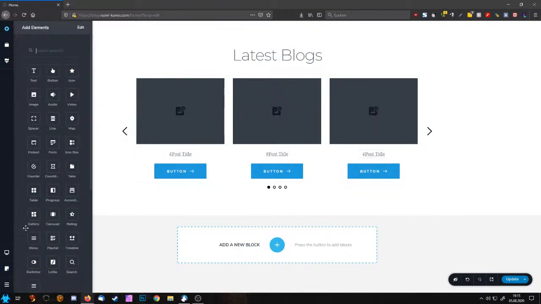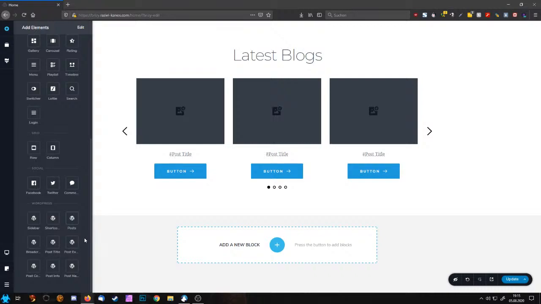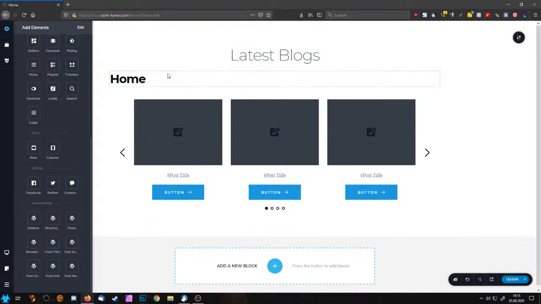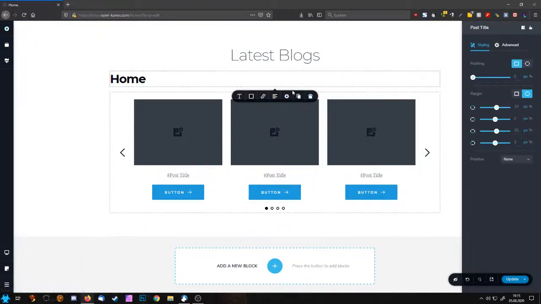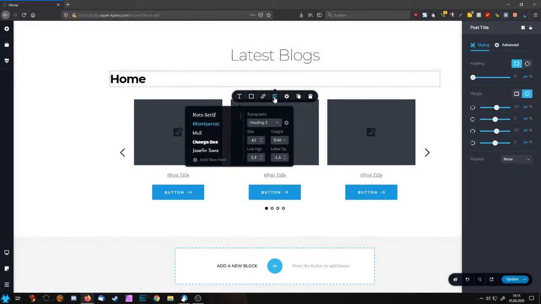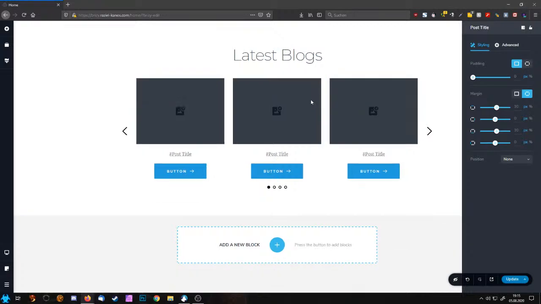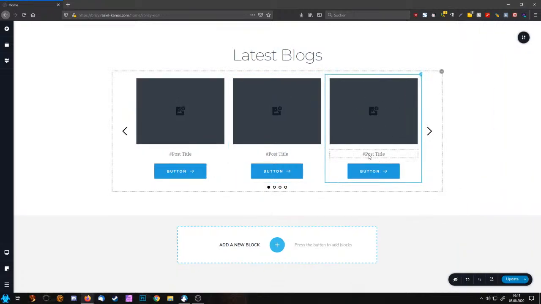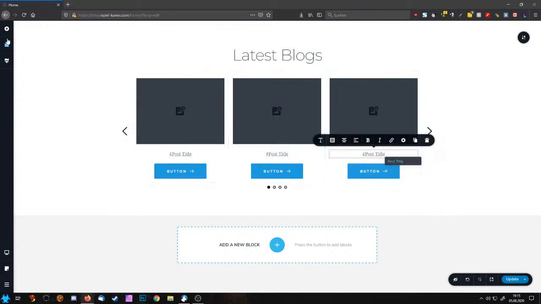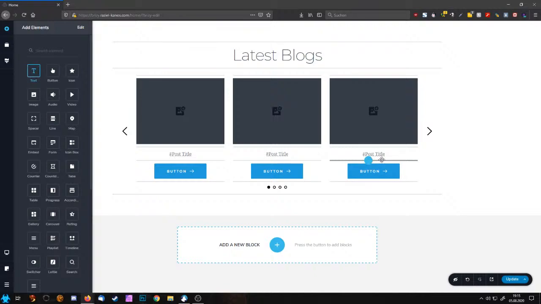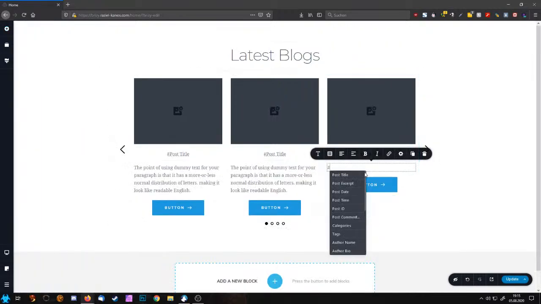You can use the title element. You have it here, post title. But post title has, or had in the past, I think, it's still only h1. And I don't want to have a different h1 on the page anywhere. So with the post element or with the carousel element, I recommend you use text fields. So let's add another text field. And here I'm going to take post date,